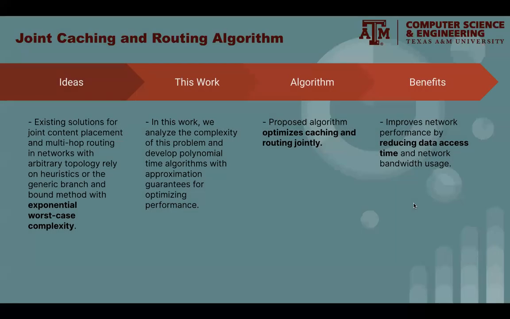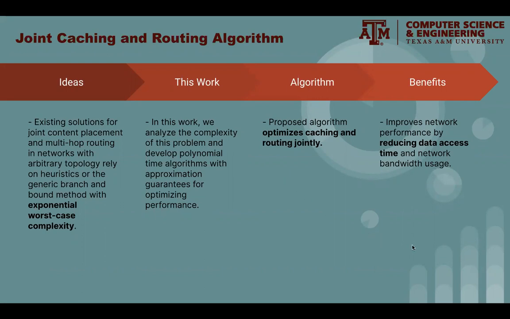Let's see now how our paper addresses these shortcomings, the most important being reducing the exponential time complexity of these existing solutions. In this work, we analyze the complexity of the problem and develop polynomial time algorithms with approximation guarantees for optimizing performance. Our proposed algorithm optimizes caching and routing jointly, and it improves network performance by reducing data access time and network bandwidth usage. With this motivation and background, I would like to hand it over to Rungu for explaining